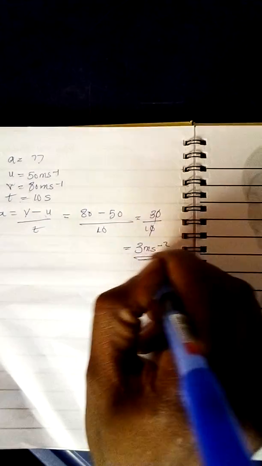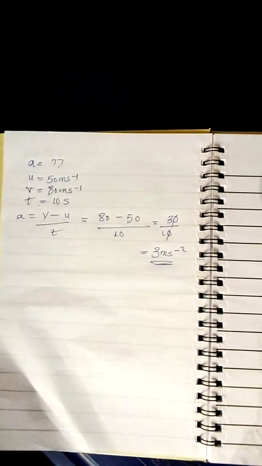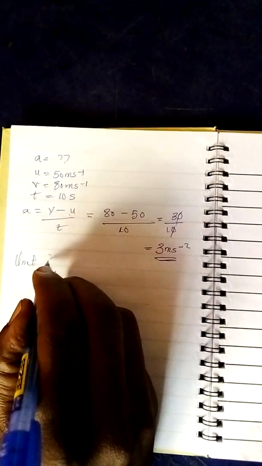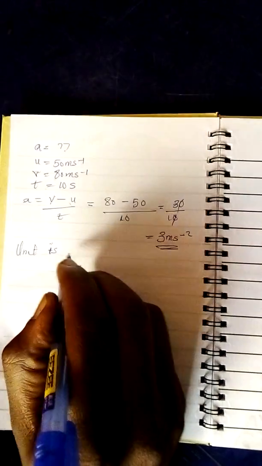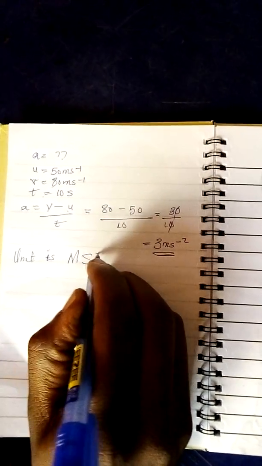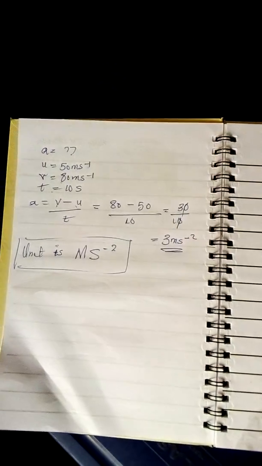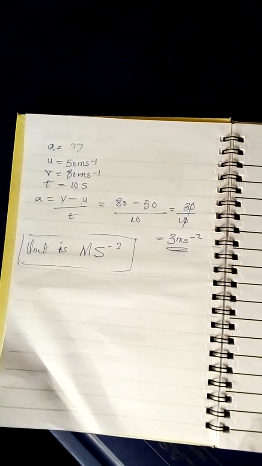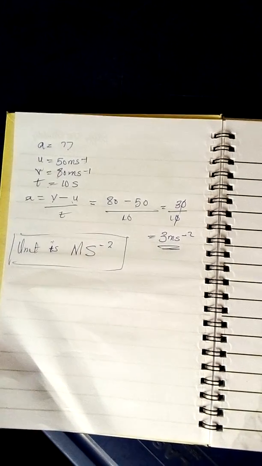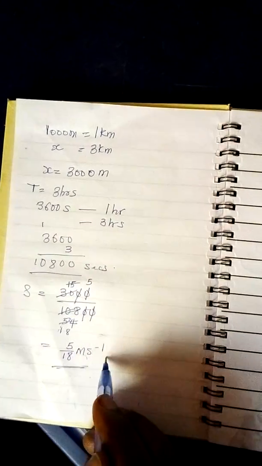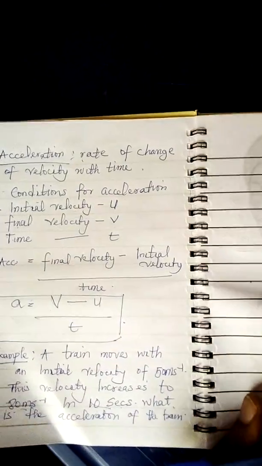second squared. Now the unit for acceleration is meters per second squared. You must know this and commit this to memory. Meter per second squared, because acceleration is the change in velocity with time, and velocity is also, remember we said velocity is a meter per second. So if we have that as velocity, meter per second